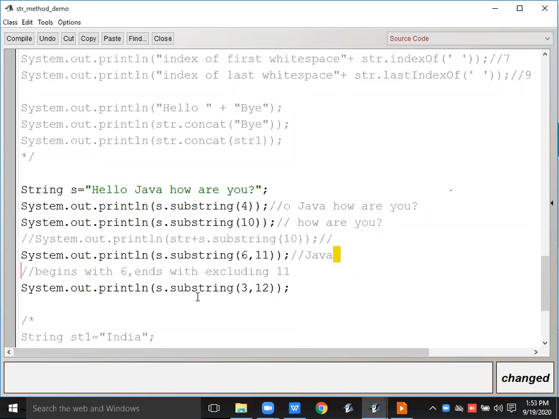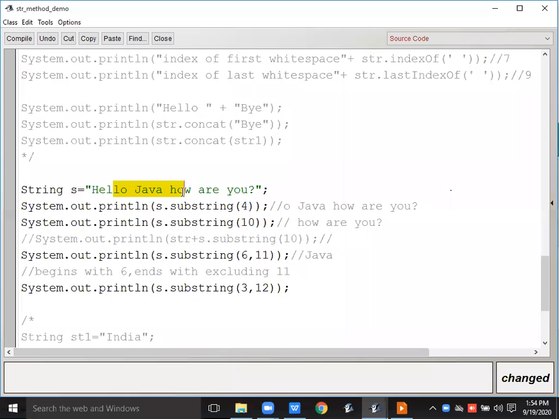Okay. Then if I'm using substring(3, 12), so 3 is what? H is 0. 0, 1, 2, 3 means the second L. It will start from the second L. 3, 4, 5, 6, 7, 8, 9, 10, 11, 12. Till O, excluding O. The second argument will be excluded.